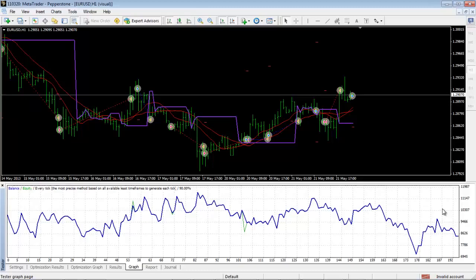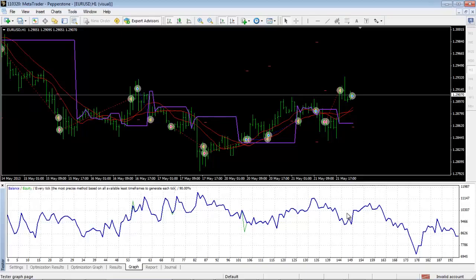Now, I should just say that Strategy Tester isn't 100% accurate, and that's because of the way it actually performs and the way it works. So you should only ever use it as a guide. If you do a back test in Strategy Tester and you find some settings that make you $1 million, do not put it on a live account and go with real money until you've actually tested those settings on a